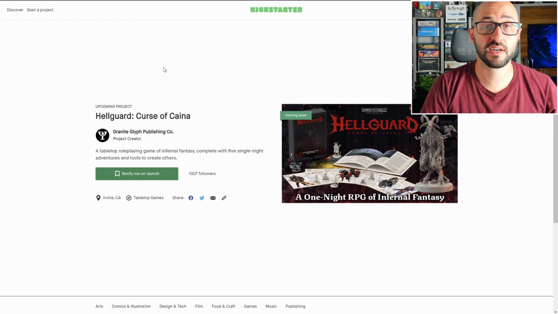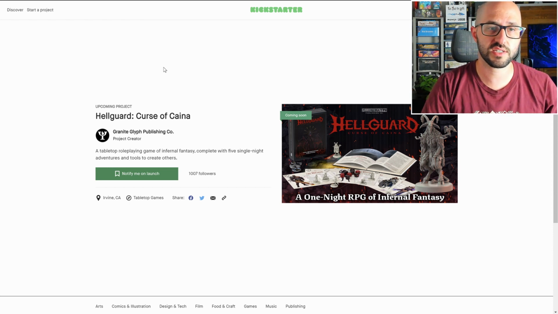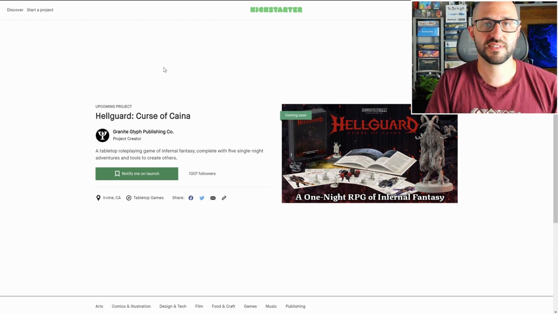And the next campaign we have also launching on the 12th is called Hellguard, Curse of Cana, and this one is also a tabletop role-playing game, but I couldn't find too much information on this. But what it says on the campaign page here is that this is an infernal fantasy, complete with 5 single night adventures. So if you're into RPGs, this looks like a really great option if you're just looking for a